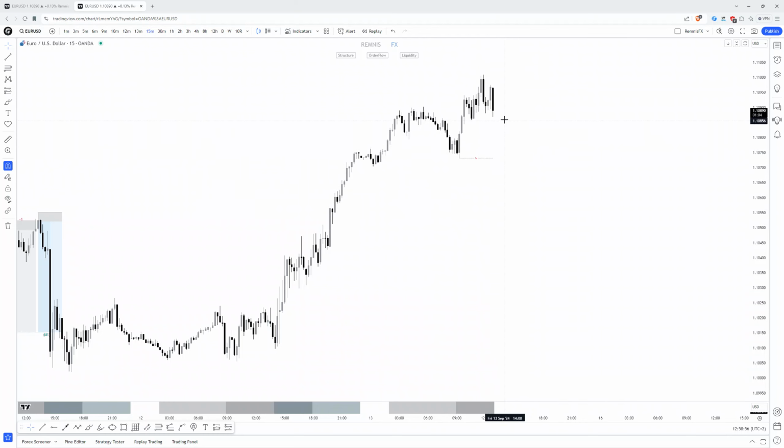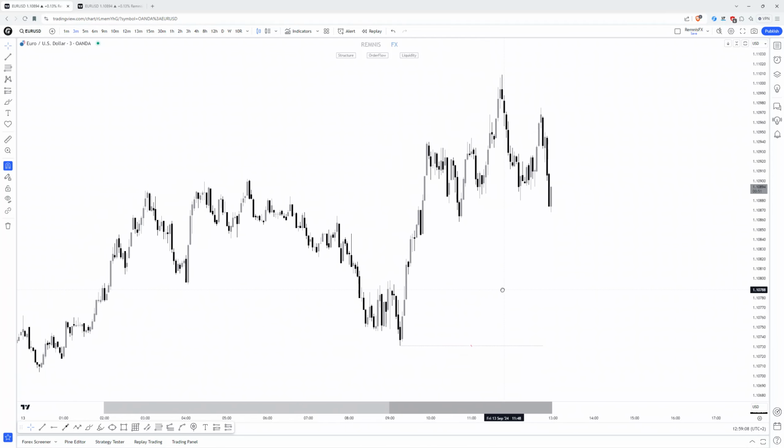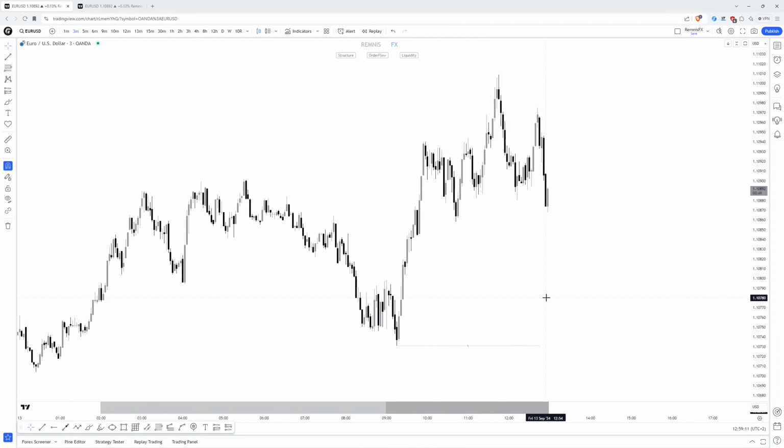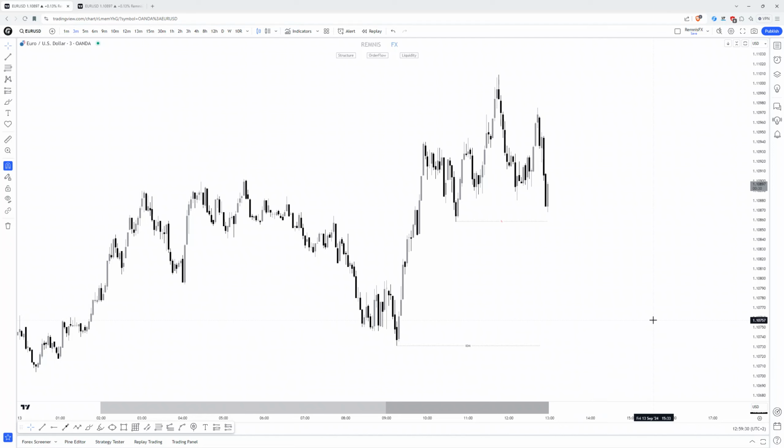So price can either come down, take out that liquidity, and then continue higher. Now, if that's the case, let me go, by the way, to the lower time frame. Now, this is the lower time frame perspective of that 50-minute time frame view, right? Now, on the lower time frame, I can say, okay, we had here our internal liquidity, at which price is very close, and from the lower time frame perspective we can say this is our major